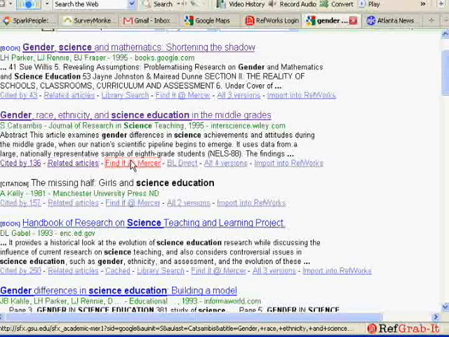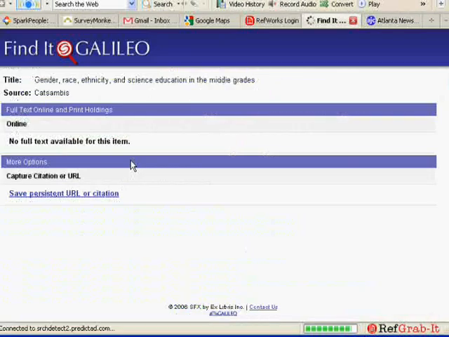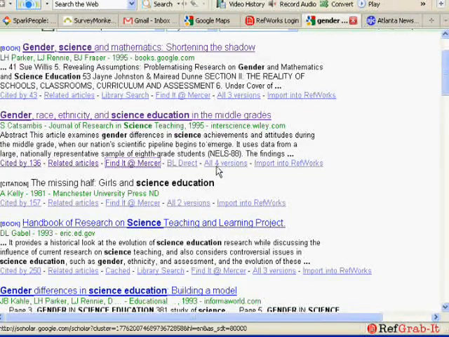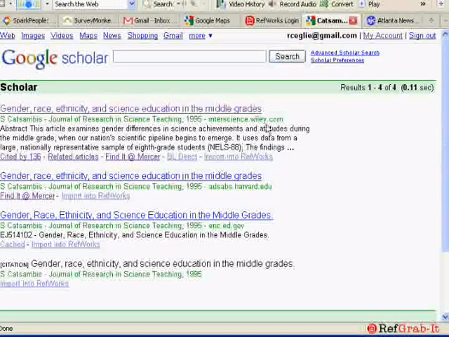Because I asked you to click on the find it at Mercer and add the Mercer library, if I click here, this will tell me whether Mercer has it online. It will not necessarily tell me whether it is available. Again, the point of using Google Scholar isn't to actually get the articles, but to find whether they are or aren't important. And later I'll show you how to find that. This one tells me that there is no full text available for this item, at least according to